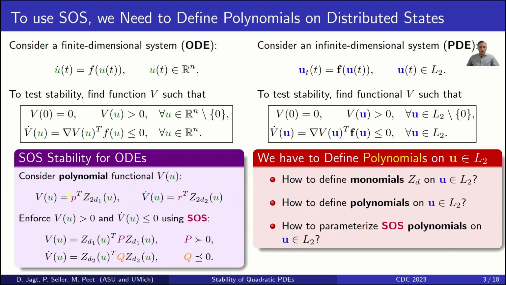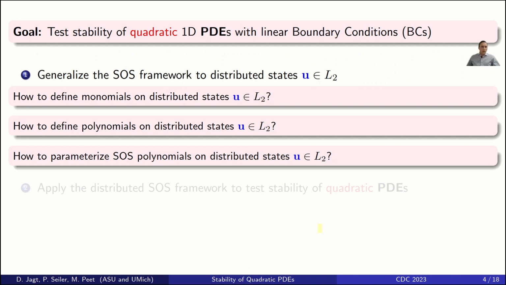In particular, in the finite dimensional case, we represent these polynomial functions using a basis of monomials on our vector u. So this raises the question of how we actually define such a basis of monomials on our infinite dimensional state u. And once we have such a basis of monomials, how can we actually define polynomials on these infinite dimensional states? And in particular, how can we parameterize a class of sum of squares of polynomials on these infinite dimensional states? So we will be addressing these questions in the following 3 slides,